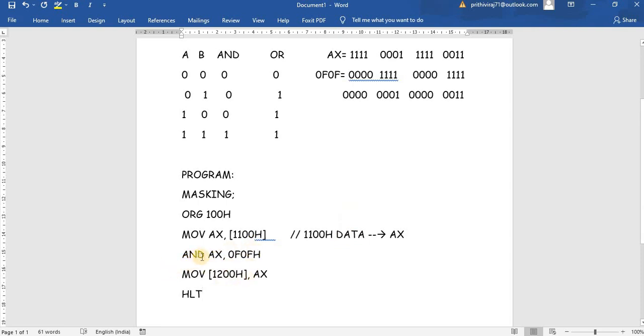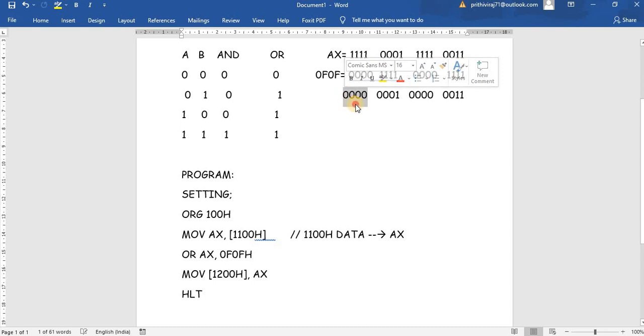Now in place of AND, if I replace it with OR, that is called setting the bits. Okay, so now we can see I have given 0000. What happened here?